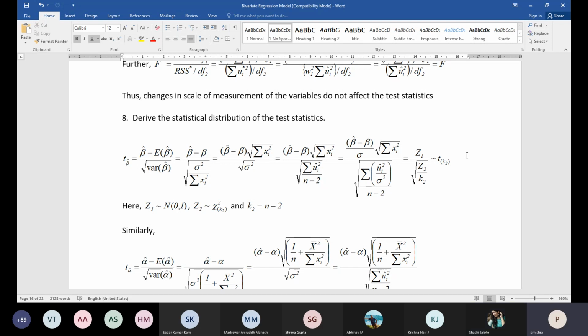It was u hat i square divided by n minus 2. I'll just get back to that. Okay. And sir, one more thing, like I understood the u hat i square divided by sigma square,